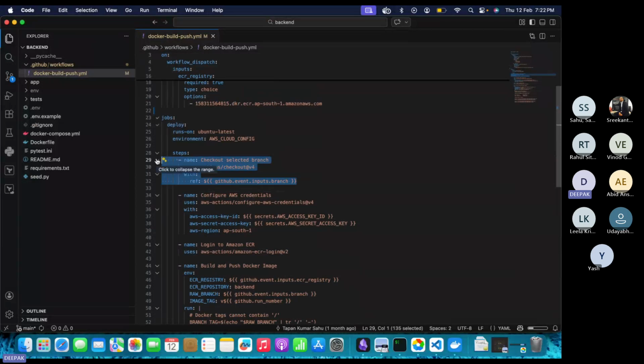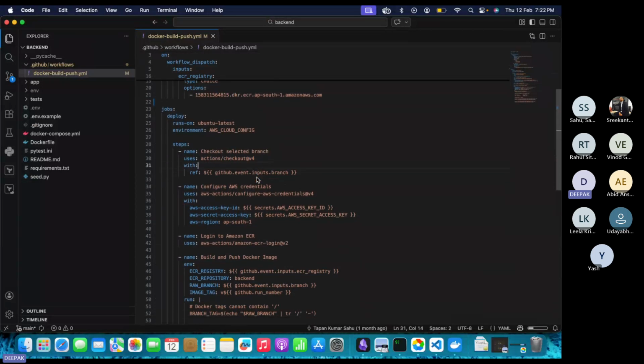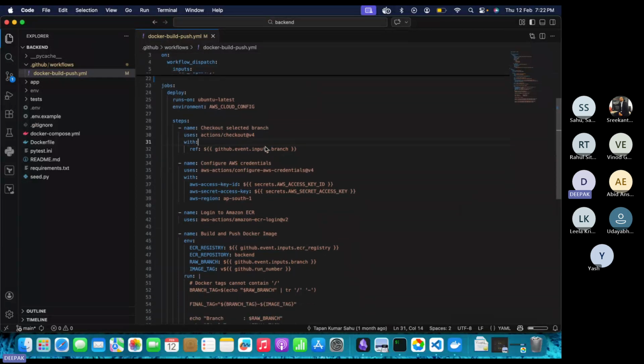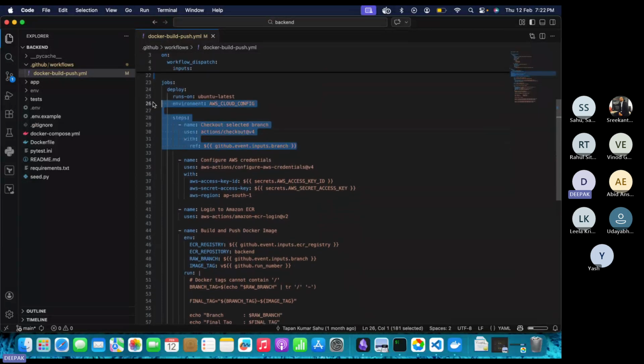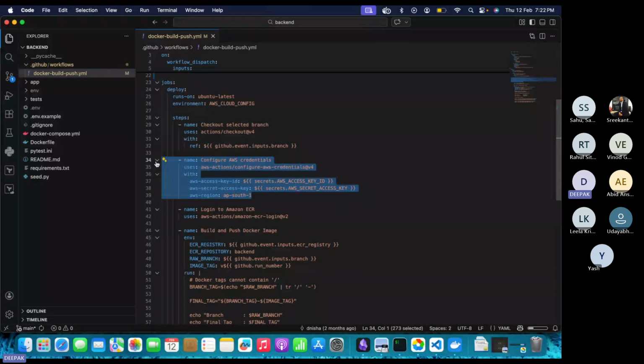Suppose you have a fresh Ubuntu virtual machine. To perform any CI check on that, the first step is to clone the code base. Now, what is another step? There are much more complicated CI checks you can perform, which I usually cover. I believe Ayush has shown you all of those complicated steps, and we'll show you much more complicated ones, but this is a simpler way so that you can understand it very well. So clone this, then I am configuring the AWS credentials